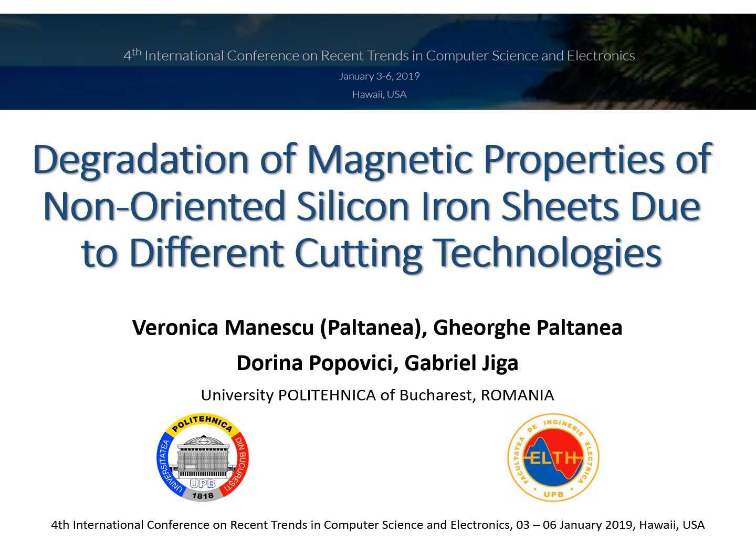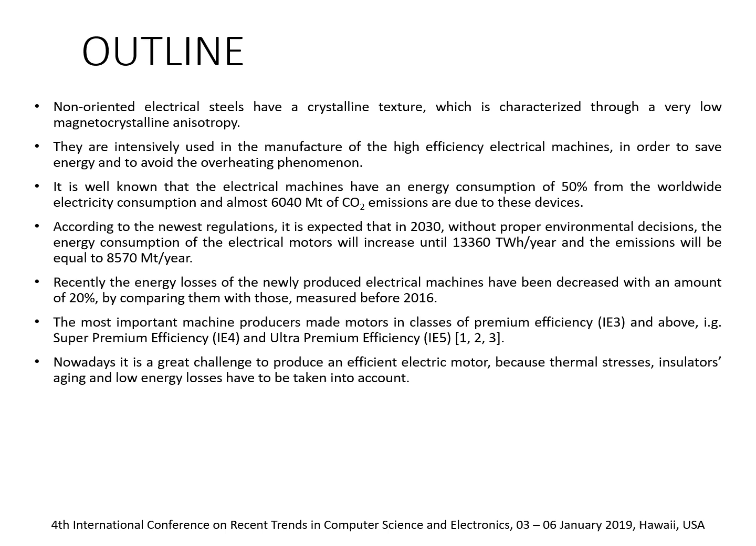Degradation of magnetic properties of non-oriented silicon iron sheets due to different cutting technologies. Non-oriented electrical steels have a crystalline texture which is characterized through a very low magnetocrystalline anisotropy. They are intensively used in the manufacture of high-efficiency electrical machines in order to save energy and to avoid